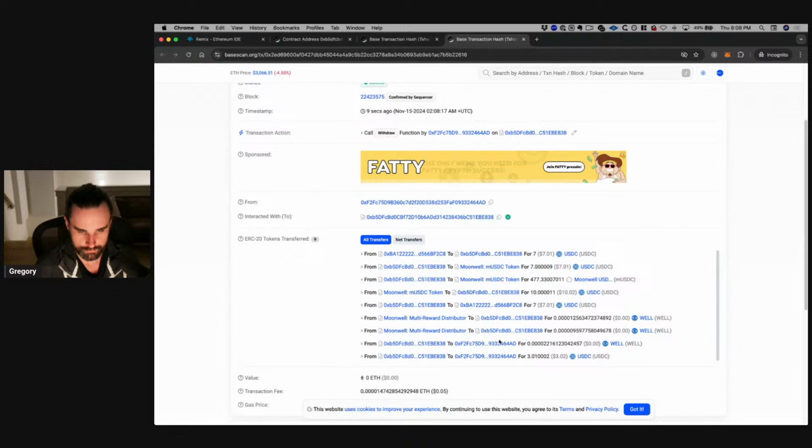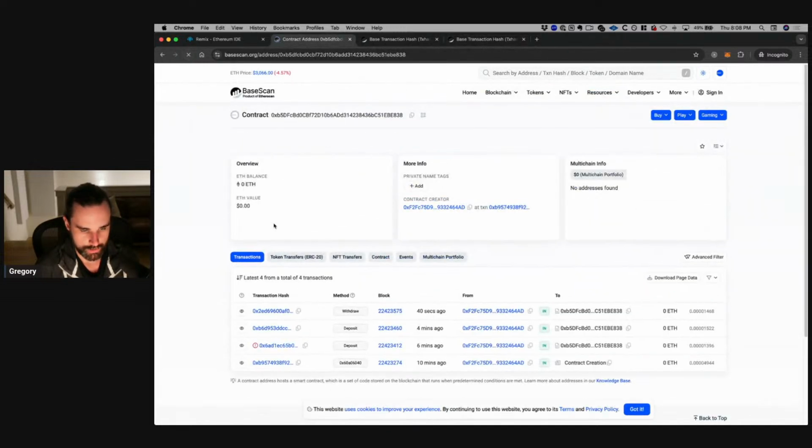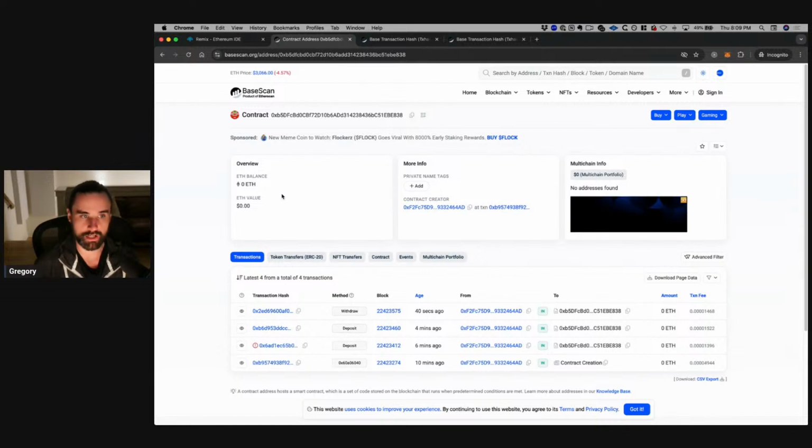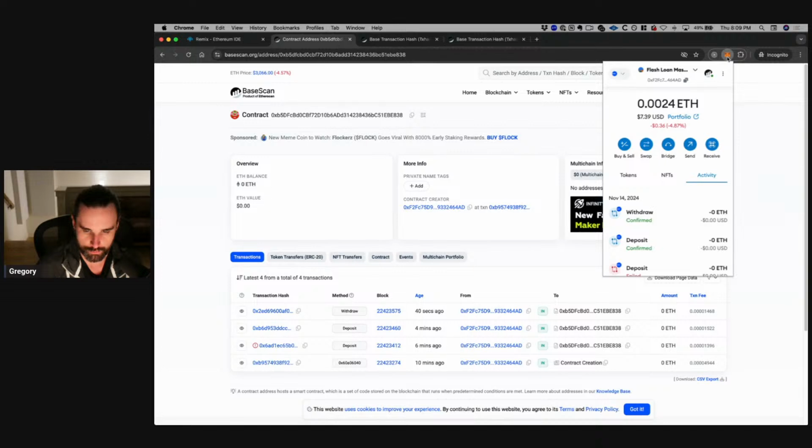Okay. Very cool. If we go back to our contract, we can see that it now has no money in it, which is what we want because we don't want any cryptocurrency sitting in the contract. Whenever we withdraw, it takes all the money out of Moonwell, takes it out of our smart contract, and sends everything back to our developer wallet, which is what we want to see here.